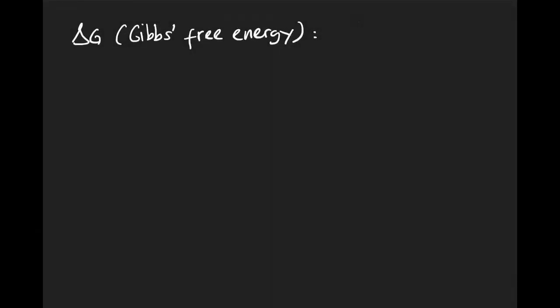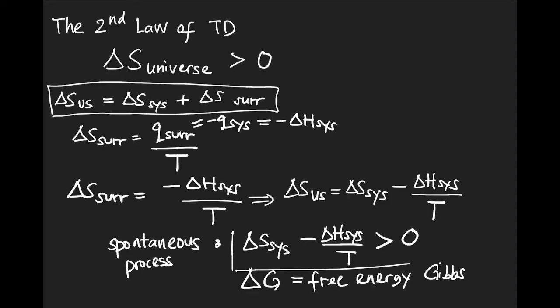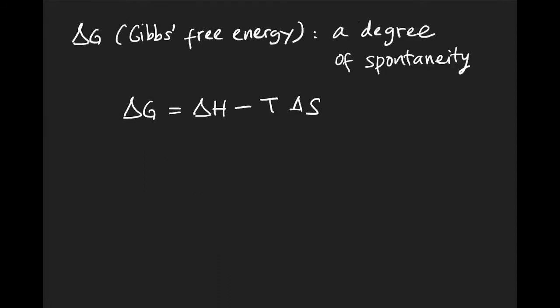Delta G is the Gibbs free energy, and this is a measure or a degree of spontaneity. From the system, we can calculate that delta G is equal to delta H minus T delta S. So this will be related with what we have derived for the entropy, which is this one. So now you can multiply the T with the delta S, so you will get this equation, delta H minus T delta S,